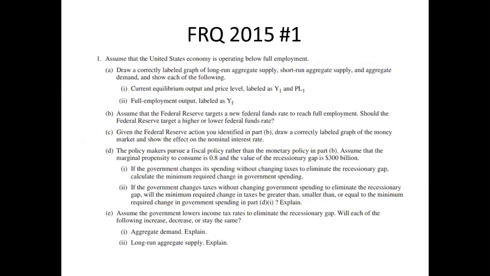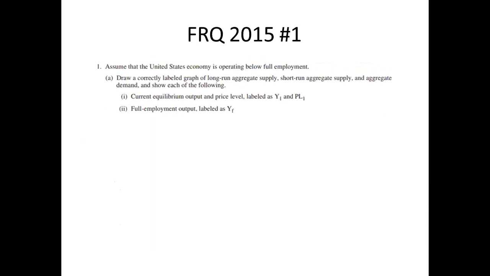Moving on to the next one. Number 1 from 2015. Assume that the United States economy is operating below full employment. If you haven't figured it out by now, notice most of the number 1s on macro, which are the longer FRQs, are going to start with the United States is in a recession. They are beyond full employment. They are in equilibrium. And then things are going to change, and they're going to involve a loanable funds market,